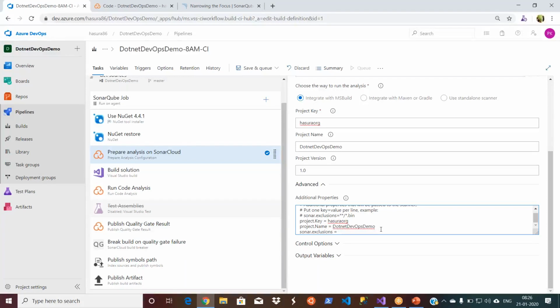So if you give star star, this will go to the root of your current working directory, and then slash, and our folder name is scripts. It's not case sensitive, that's okay. And then slash, and there are many .js files, right? I want to exclude all the .js files, so I simply say star.js. This is how you give the advanced properties to exclude, and there are many other tags as well. You can go and explore.